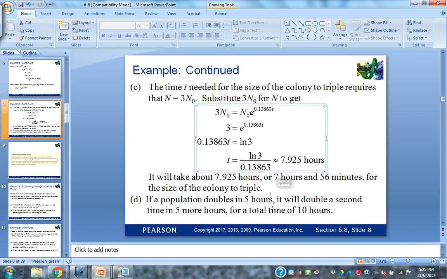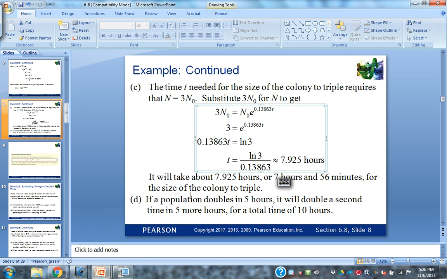I've seen it in the past on the final exam. They'll have the same answer. They might have 7.925 hours as an answer, and then another answer choice have 7.925 minutes. And if you don't pick the right unit, you got it wrong. So pay attention to your units there. Okay. And then